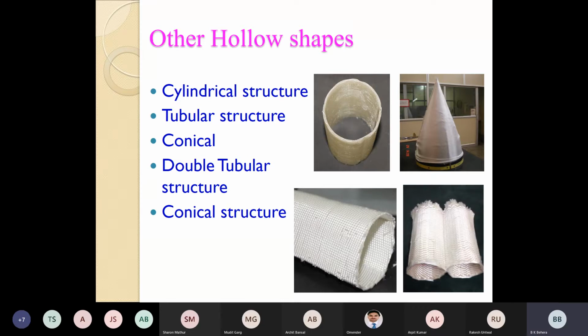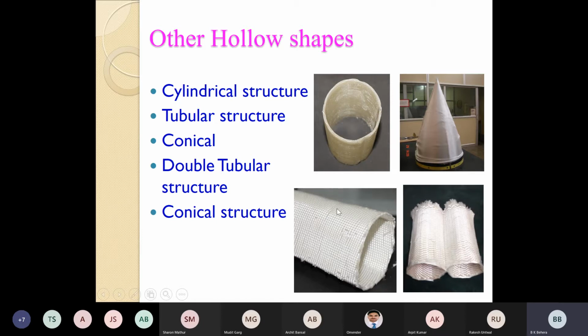Aircraft front is a spacer fabric converted to a composite material. Think of wings of aircraft, a spacer fabric. Think of wind turbine blades, a spacer fabric. Boats used in rafting are a spacer fabric. So there are many applications. Subsequently, you will see that. So these are all spacer or hollow fabrics, but of very complex shape.